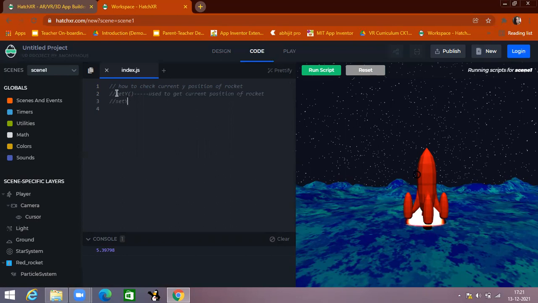Using the set value, we set the position of the rocket. Now one more thing. Using get y, we can get the current position, and using set y, we can set the position. But I want this continuously, because I want to move the rocket continuously. So we need a timer.